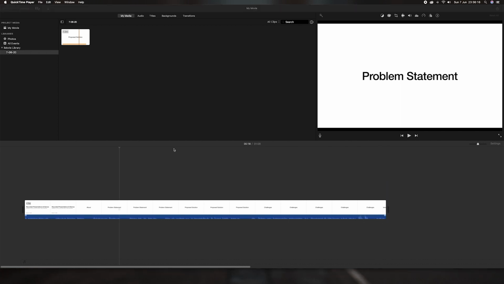Now comes the key part, which is how do you split your timeline into multiple pieces so that you can remove all the pauses or disturbances, or in my case, the cough that I had at the end. How to do that? Take your cursor to the point where you want to cut the timeline. You basically have to chop the timeline into 2 pieces, exactly at the beginning and the end of the silence or the disturbance. In my case, the very first part wherein I gave a pause here. So if you listen at this particular point,